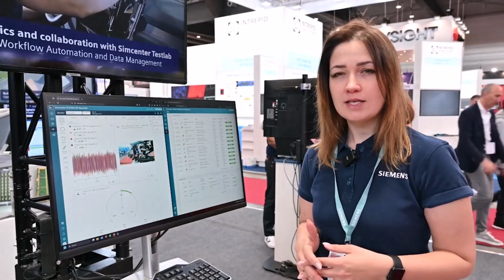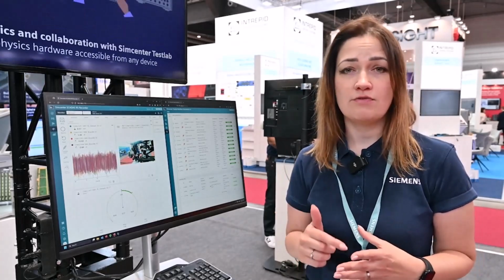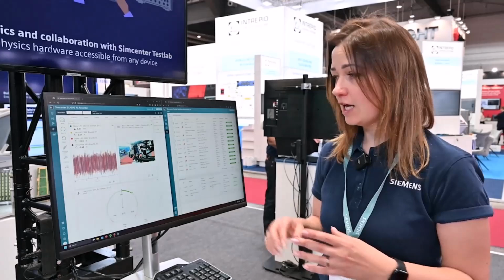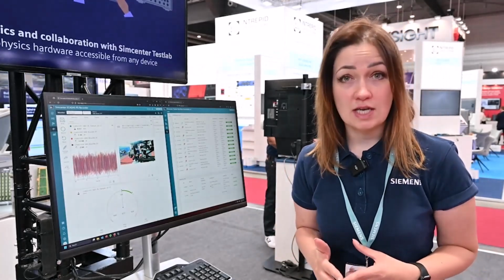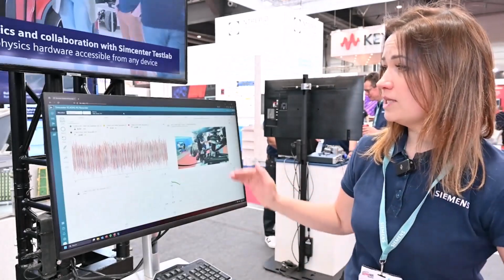This demo booth showcases SimCenter Test Lab Workflow Automation. It's the SimCenter with Siemens 2406 new product release, and actually it connects to the booth with SimCenter Scatus RS. We're doing a remote connectivity, so you can see that on the left-hand side of my screen I can show the complete Scatus RS recorder application in real time.